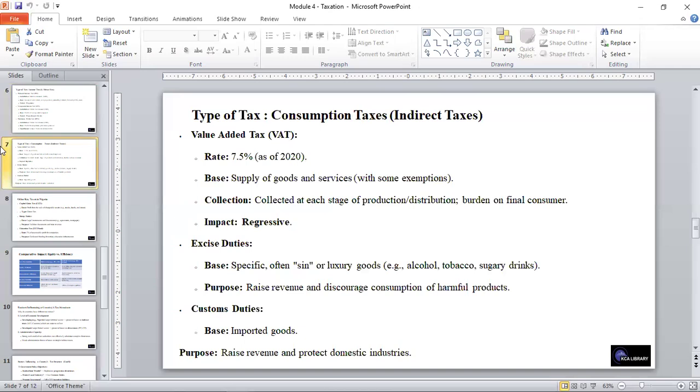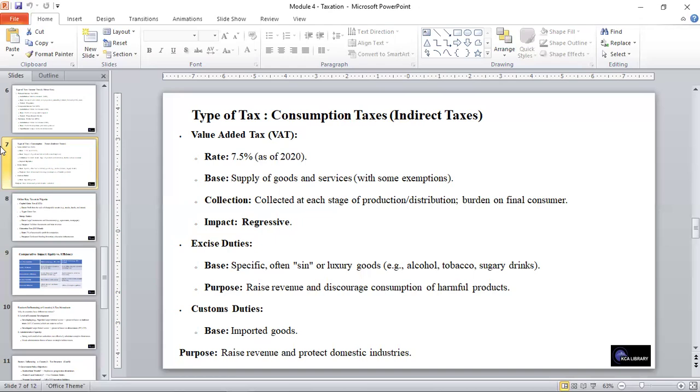And looking at the consumption tax, which is indirect taxes, we have the value added tax, and the rate as of the Finance Act is 7.5%, and the basis is supply of goods and services with some exemptions, and the collection, it is collected at each stage of production or distribution, and the burden is on the final consumer, and it is